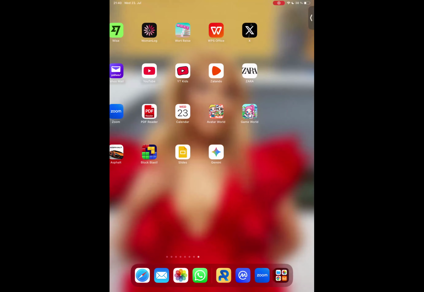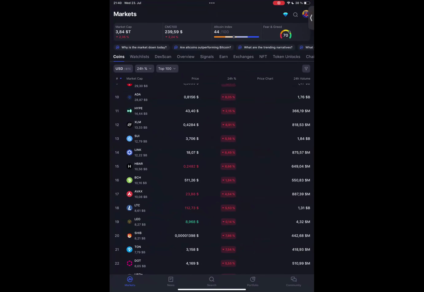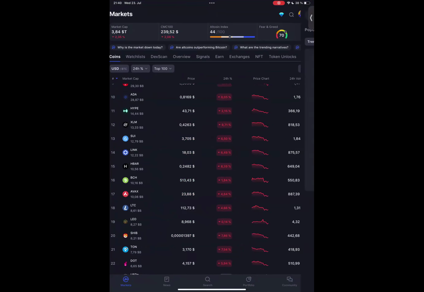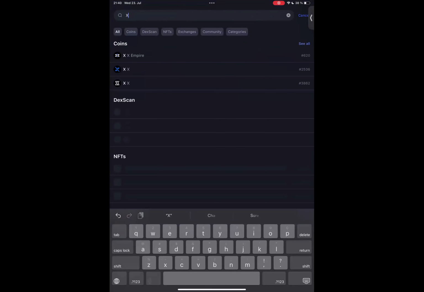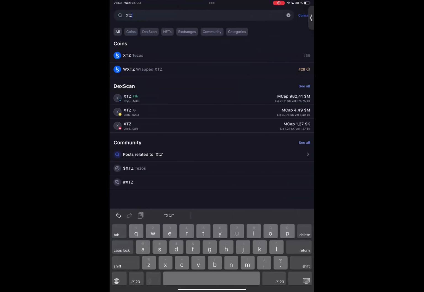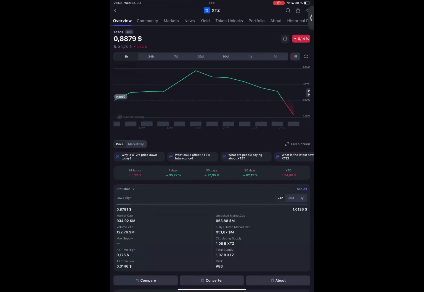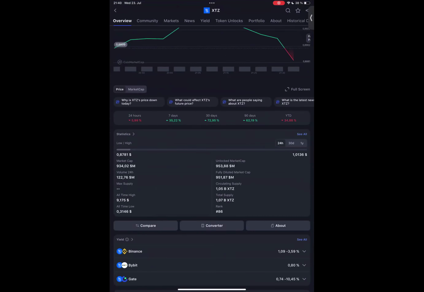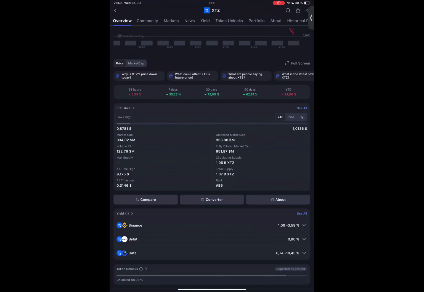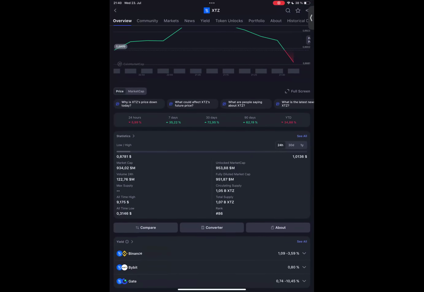I don't want to sell it, but I don't know what will happen. That's why I'm asking. Let's check the rank of XTZ. Tezos. Okay, it's part of the top 100, so at least it's not a bad coin. Though I don't see any market dominance here, but